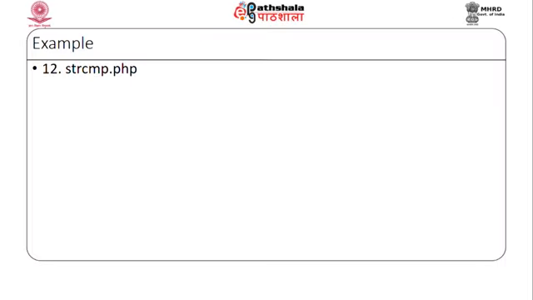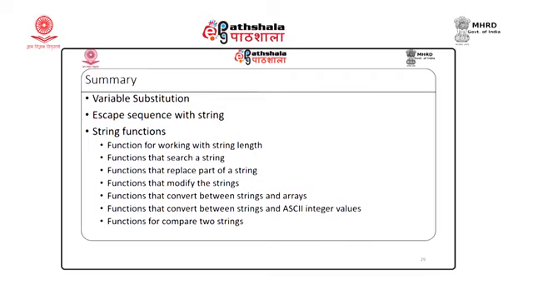So, these are all the string functions. Let us summarize today's session. First, I discussed variable substitution. We know that when you use double quotation, the variable name is replaced by the variable value, and it is known as variable substitution. Variable substitution is also known as interpolation. For single quotes, the variable name is not replaced with the variable value, and that is why it works comparatively faster, but you can use either single quote or double quote for strings. Then I showed you a demonstration of how you can use escape sequences in strings.